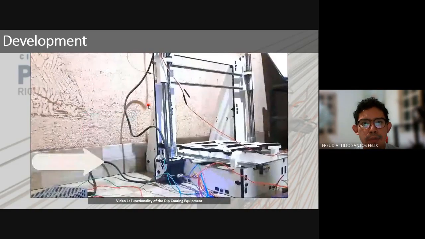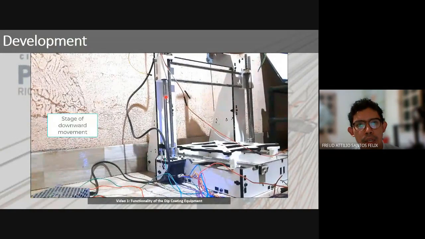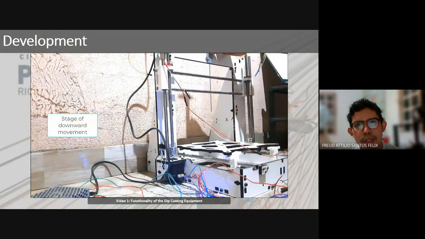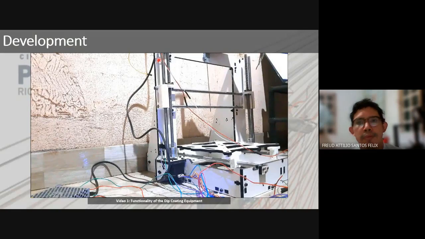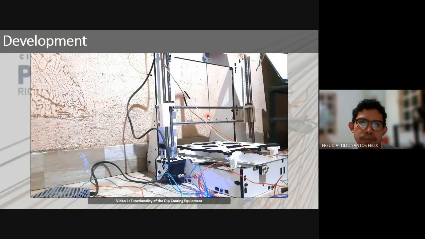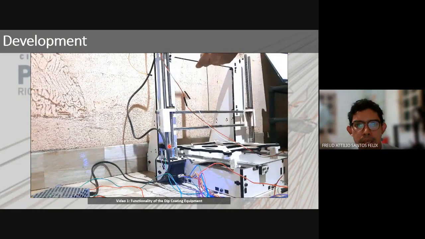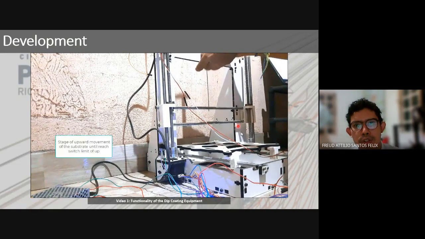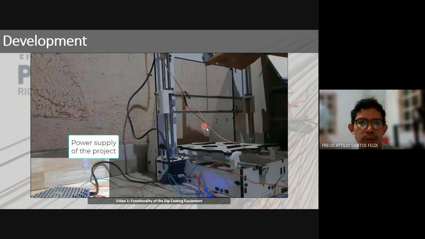And if we see, for example, here, we have a stepper motor, this stepper motor is doing a downward movement after the switch was having this high signal. And next, it will do a downward movement until the point that the user wants. Then it will stop. It will stay a little bit with a delay because it is the moment where we have the substrate immersion in the solution. And then we will have the